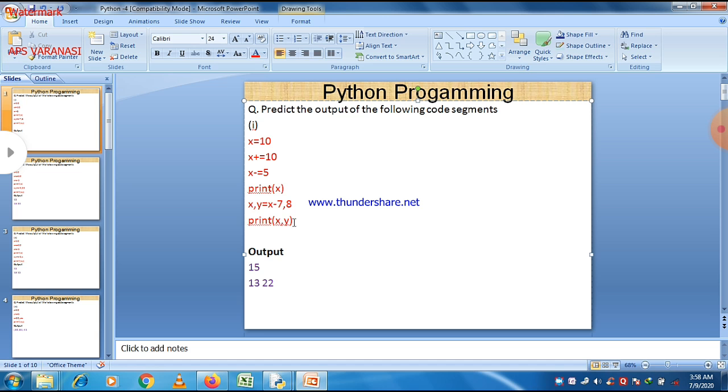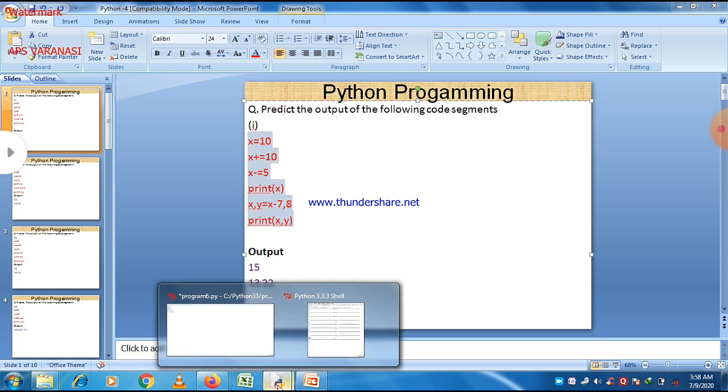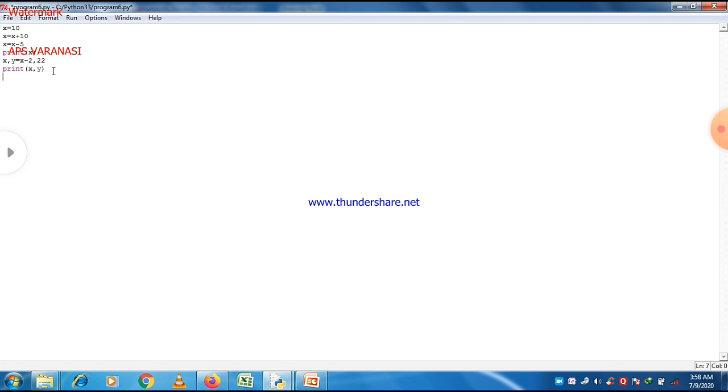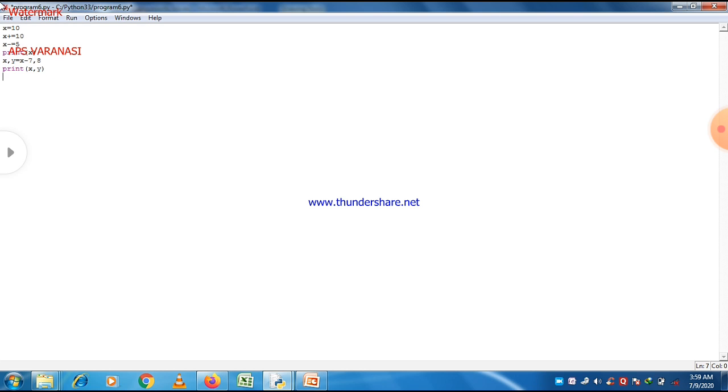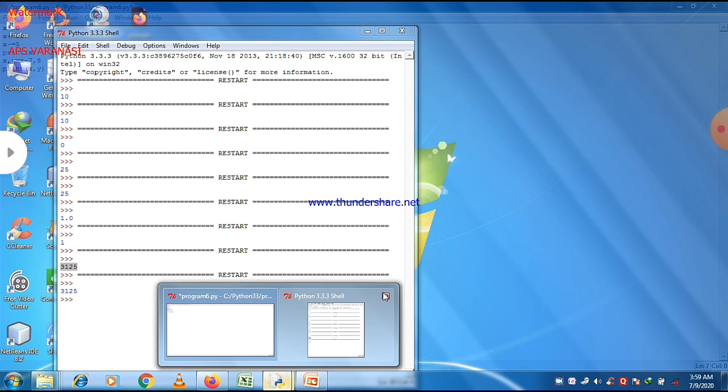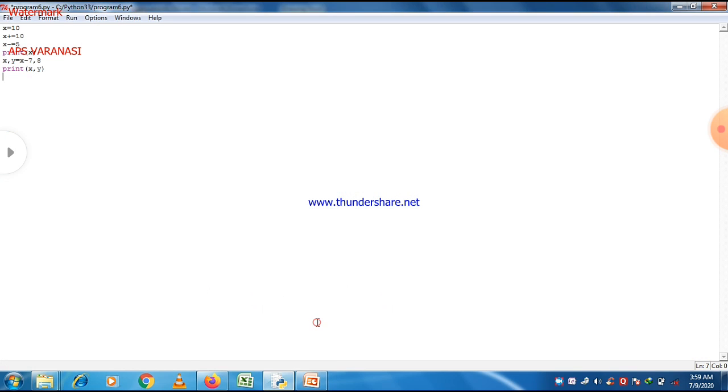And then just copy it and let us check its output. Now what is the output of this following program code? First of all, make the answer on a copy if your concept is clear, and then check whether the answer is the same as given by Python programming. Let us check, and the answer is